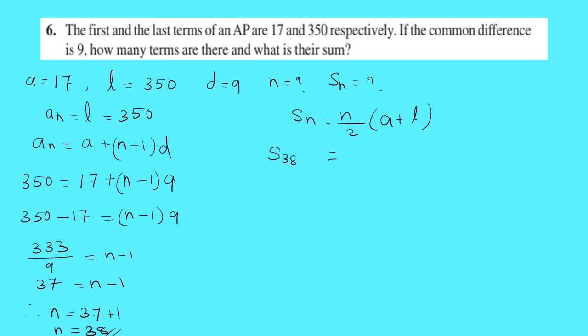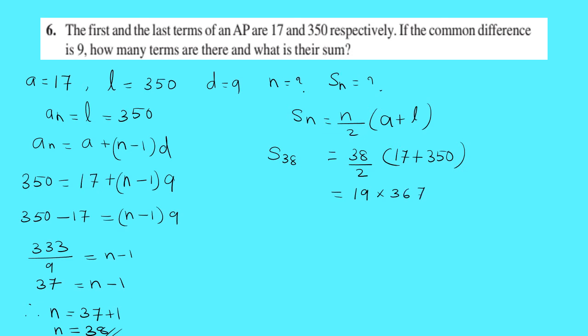S38 equal to n by 2, that is 38 upon 2, multiplied by A is 17 plus L is 350. That is equal to 38 divided by 2, that is 19, multiplied by 17 plus 350, that is